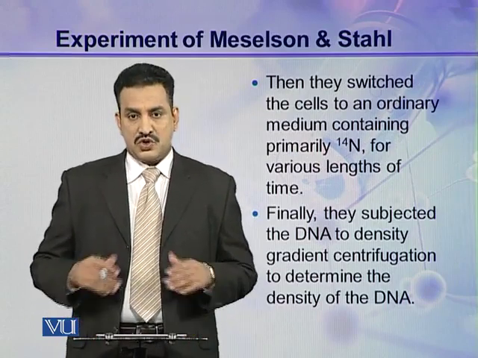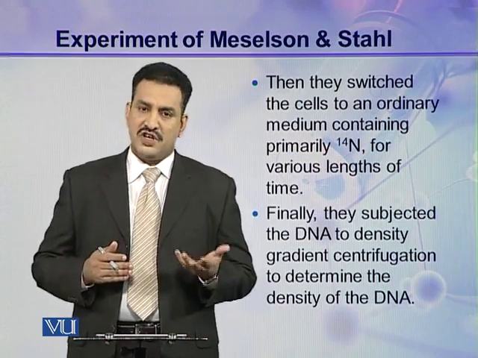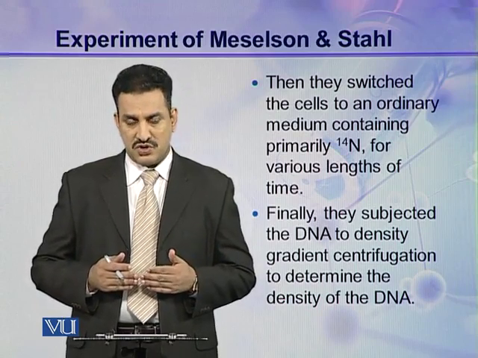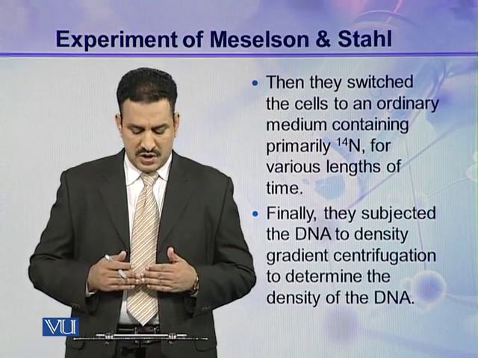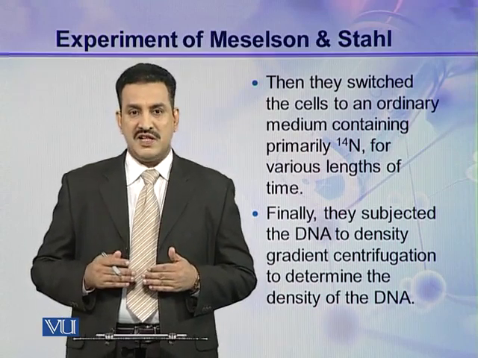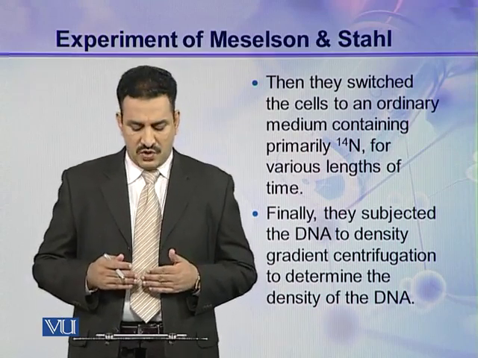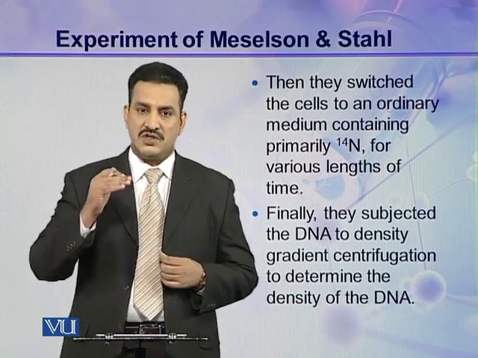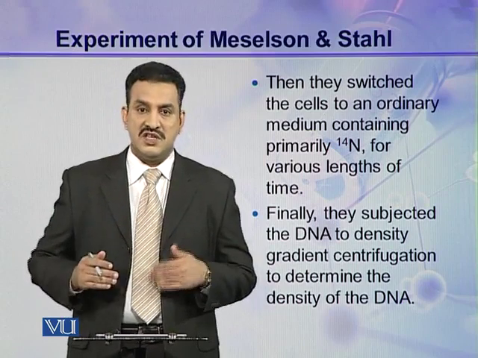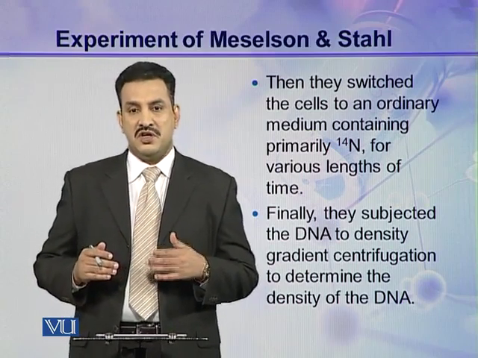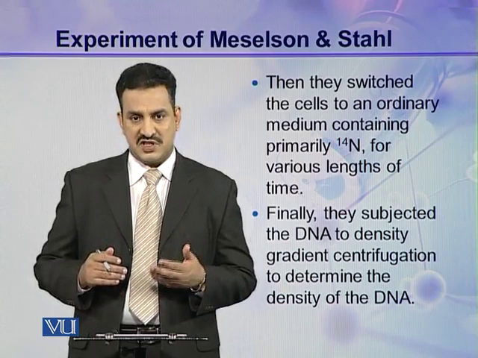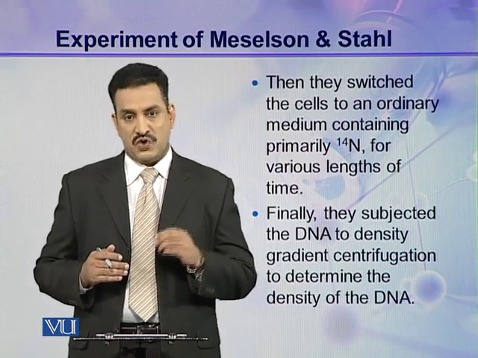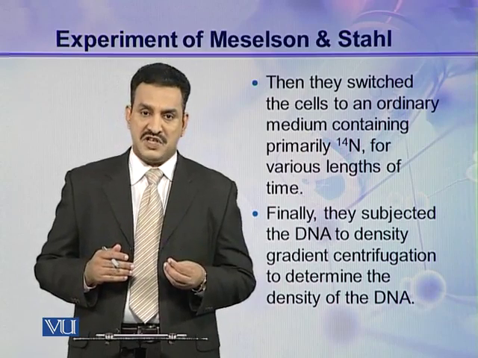Then they switched the cells to an ordinary medium that contained primarily normal nitrogen, that is N14. They grew the cells in this normal medium for various lengths of time, so that at various stages they could see how much new DNA had been synthesized and what the proportion of N14 and N15 was in the